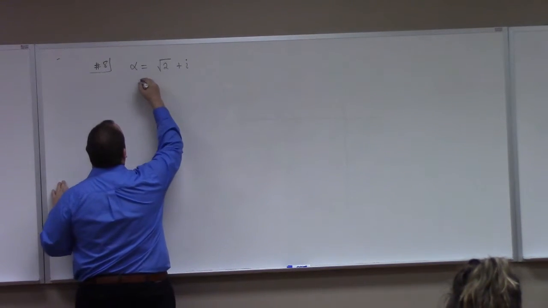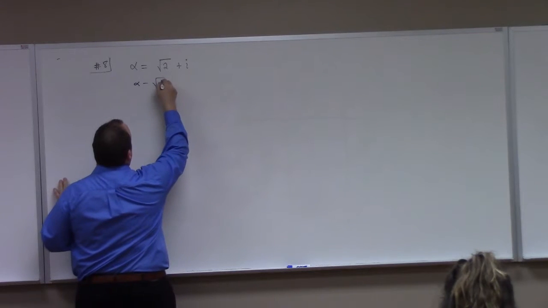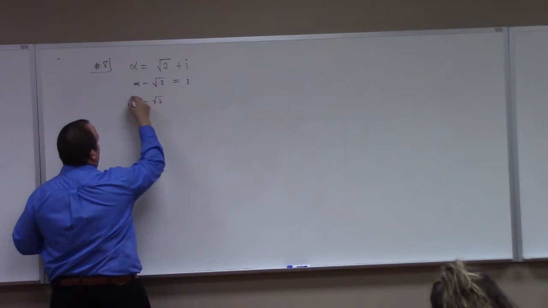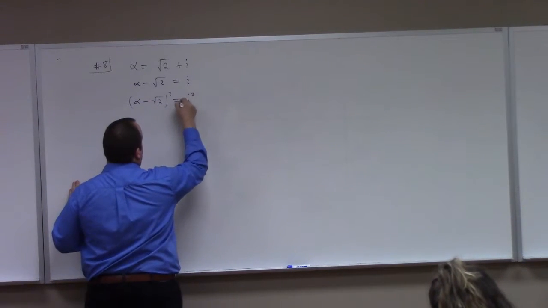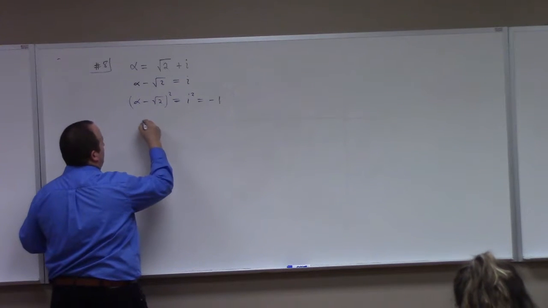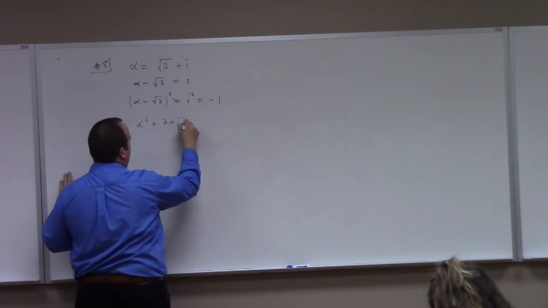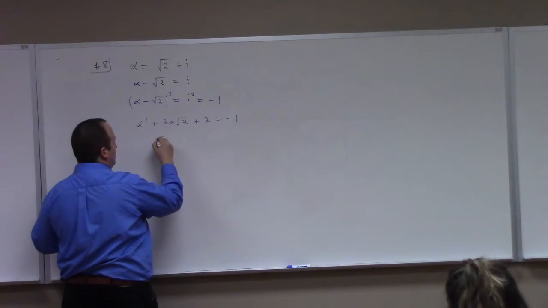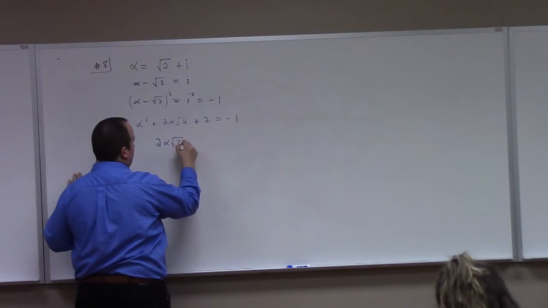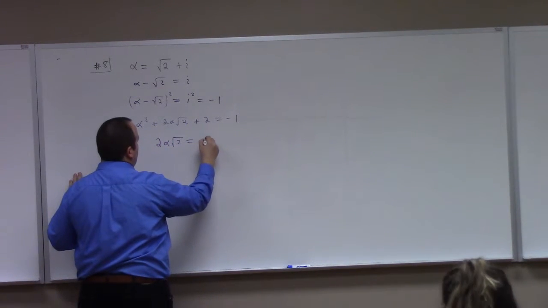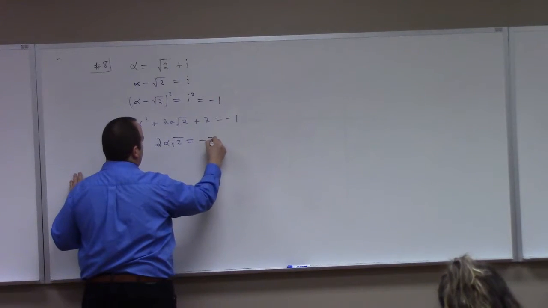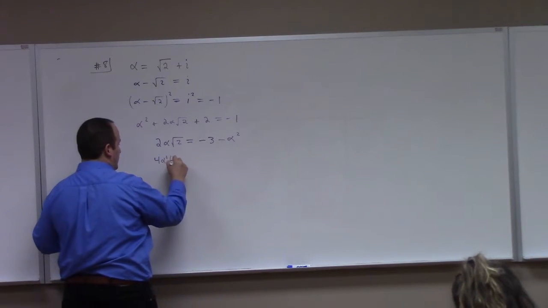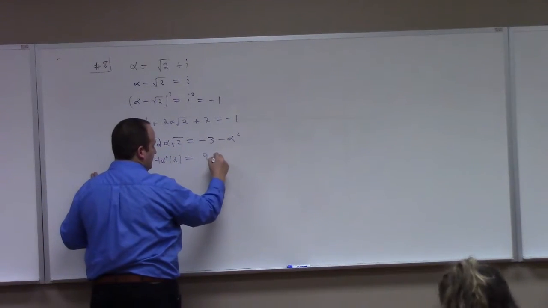Just start squaring. I would say alpha minus root 2 equals i. Square that. Of course, i squared is minus 1. And so I get alpha squared minus 2 alpha root 2 plus 2 equals minus 1. Isolate the radical again, right? So 2 alpha root 2 equals minus 3 minus alpha squared. Square that thing. You get 4 alpha squared times 2 equals